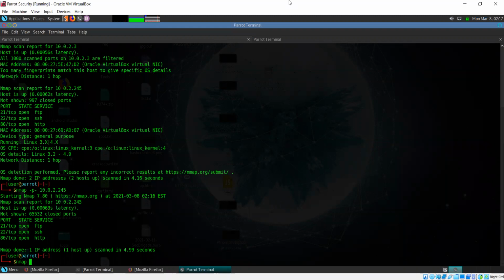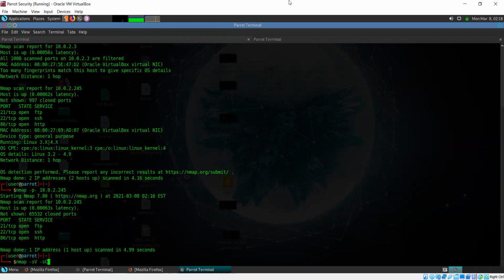So nmap -sV is for service version detection. Whatever services are running on whatever ports, it's going to try and find out what exact versions of those services or software are running. Then it's usually combined with a script scan based on the open ports. Nmap has a lot of inbuilt scripts, so it runs some information gathering scripts. Basically, they try to tell you a little bit more about the open ports or the services running.